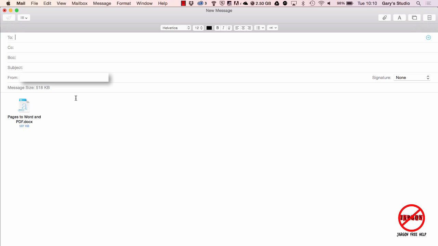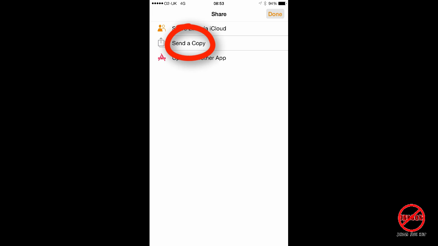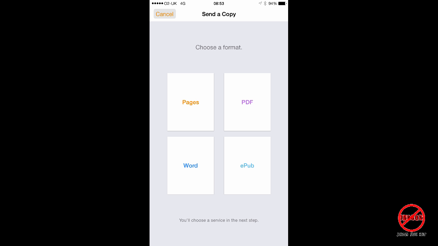But what about if you're doing it on an iOS device, such as an iPhone? Well, here's a document. If you want to export it, basically you're going to send it. So up at the top here, you just want to click on your Share button, and you can choose Send a Copy. You can send it to yourself. You see you can send it as a Pages document, so it won't convert it at all. You've got Word, PDF, and EPUB, which is for creating an ebook. So if I was to just choose Word,